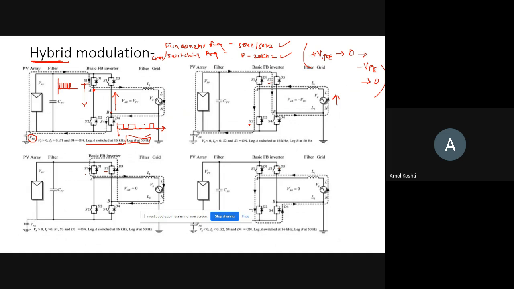Obviously the output on this side will vary. Why? Because here the switching is at different frequencies. So depending on the requirements or the type of outputs, we have to switch the switches in the H bridge. We can use any of these modulation techniques. So this is about the modulation techniques.